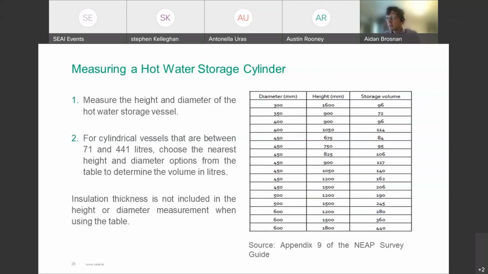The capacities are between 71 and 41, you might say. They're the streams covered on this. So use this table first, and if your cylinder is bigger, you might have learned in school pi